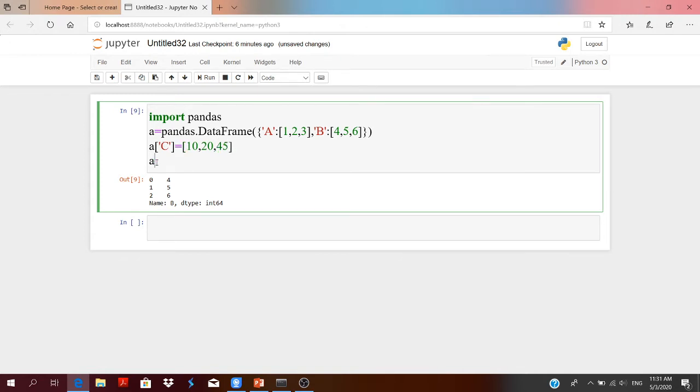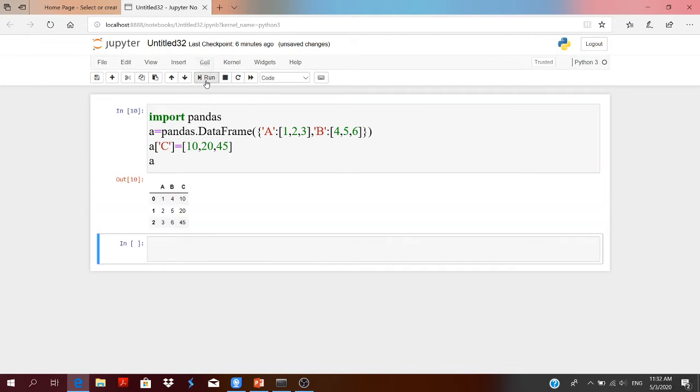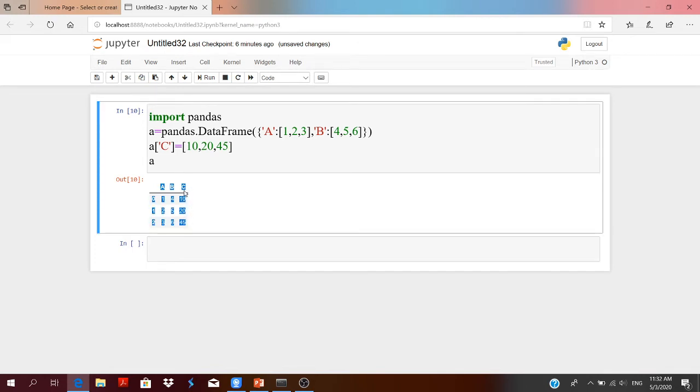Now when you print your data frame, it will give you the updated data frame in which a third column has been added: A, B and C. In this way you can work with adding columns, deleting columns, selecting columns and so on.